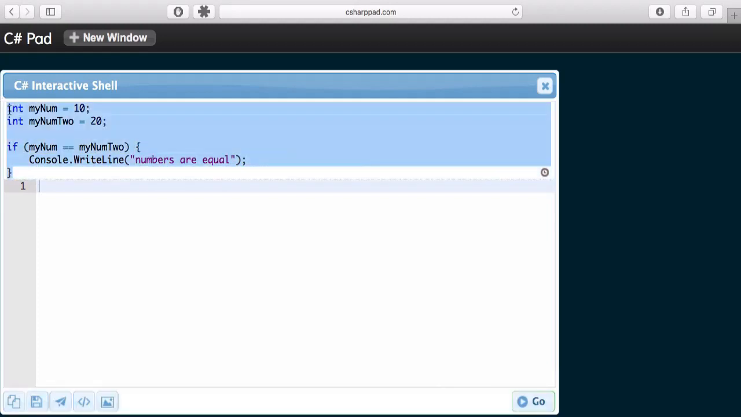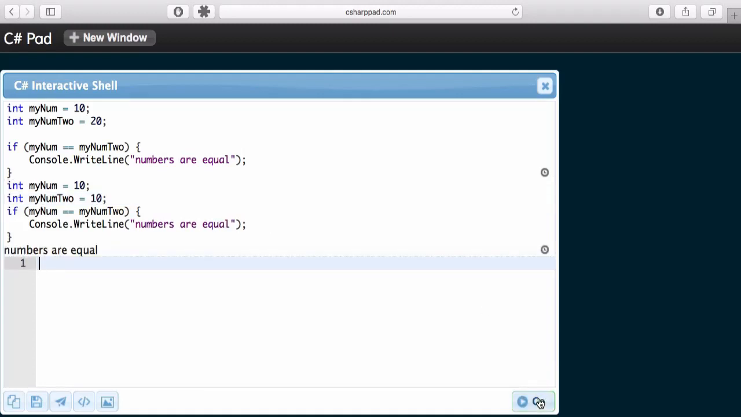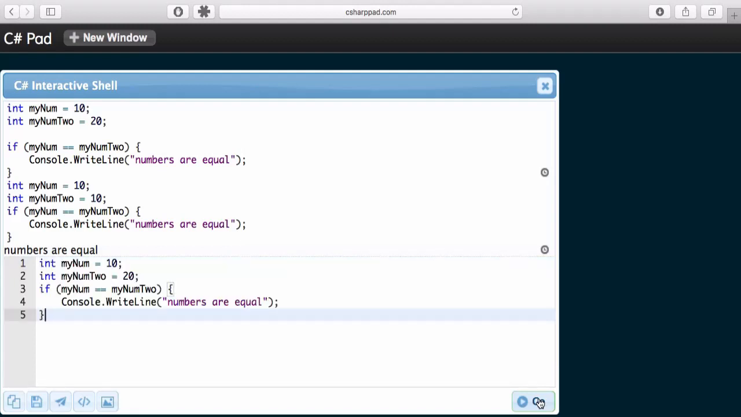Let's copy that section of code, paste it in, and let's change our numbers to both be 10. Then click go, and we get a message back saying numbers are equal because the if statement has compared them, come back with true, and allowed us to execute the code. Now again, let's paste that in, leave the numbers at 10 and 20,